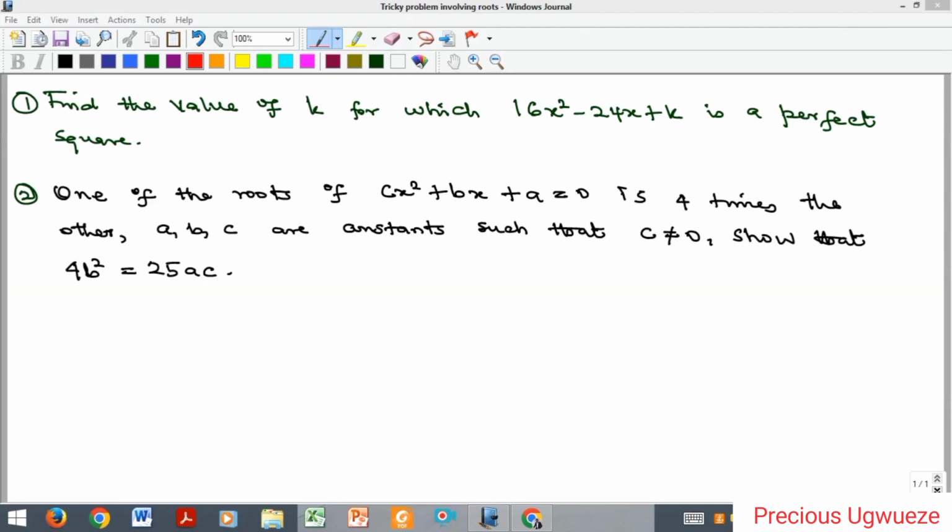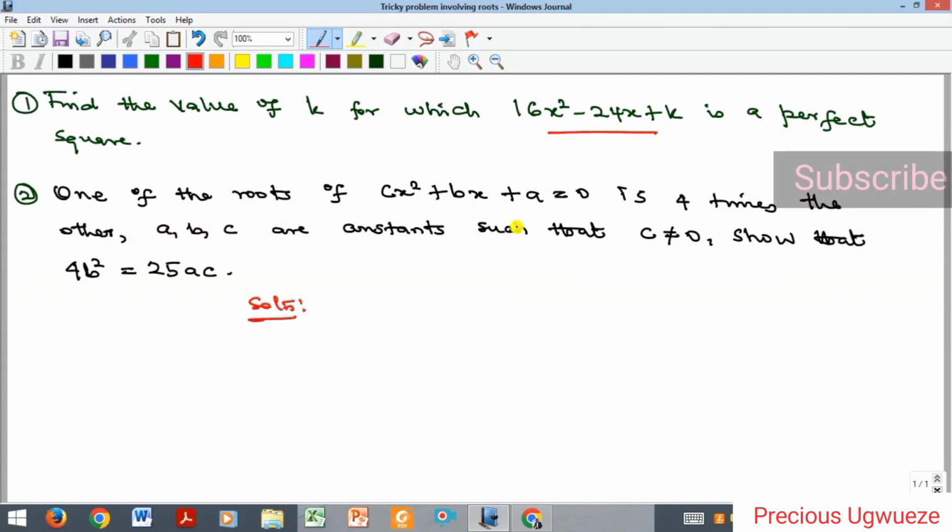I'm Precious Ugweze, and in this video, we'll quickly look at these two beautiful problems. The first one says that we should find the value of k for which this quadratic equation here is a perfect